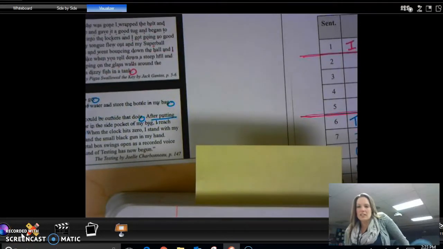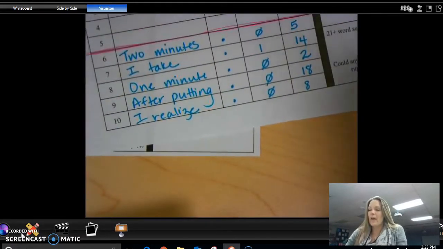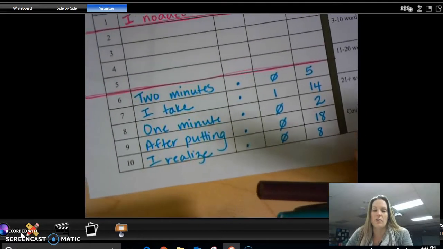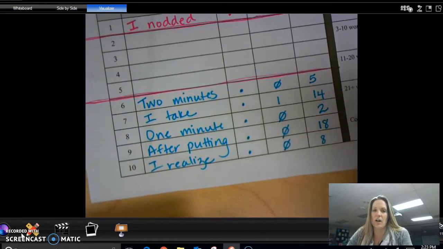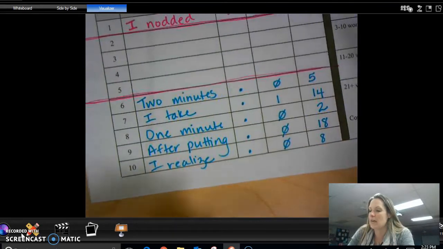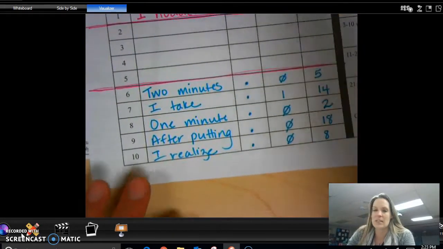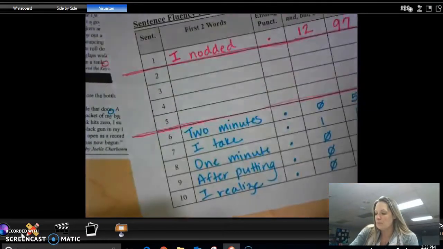Okay, last time we looked at fluency, we did a little bit with this fluency chart. If you haven't, go ahead and do this with your narrative. Just do the first 10 sentences that are on there. The last video cut out, so make sure that you go ahead and do this with your narrative, looking for those things that we talked about at the end of that video.